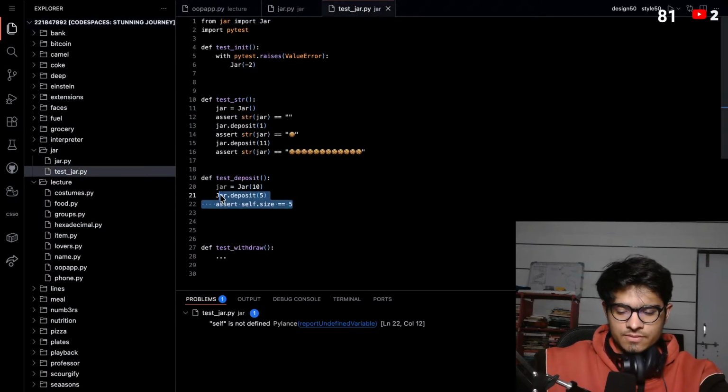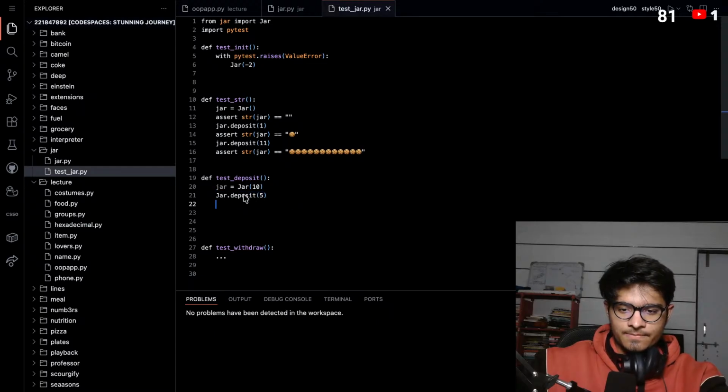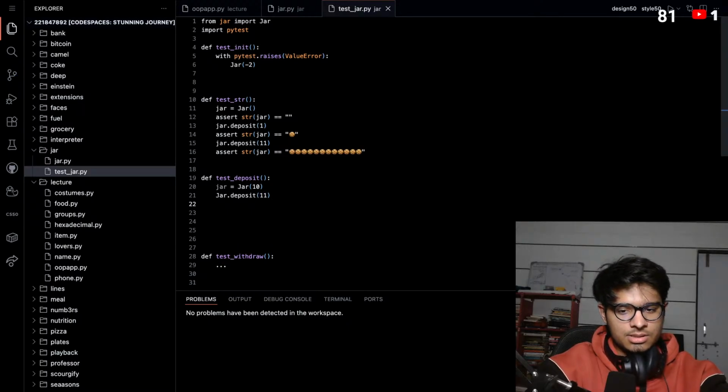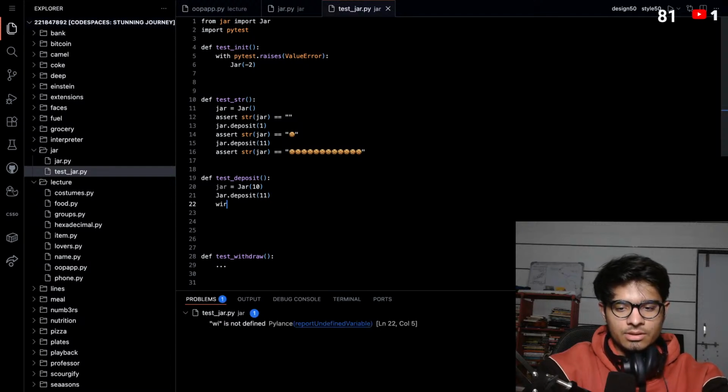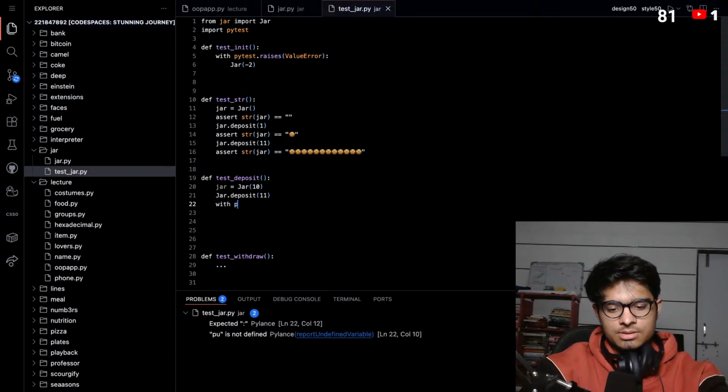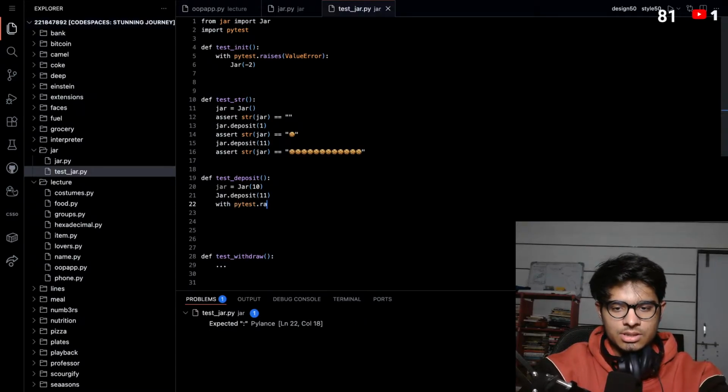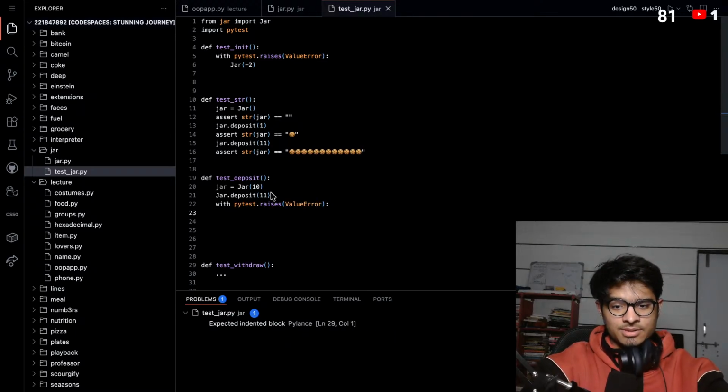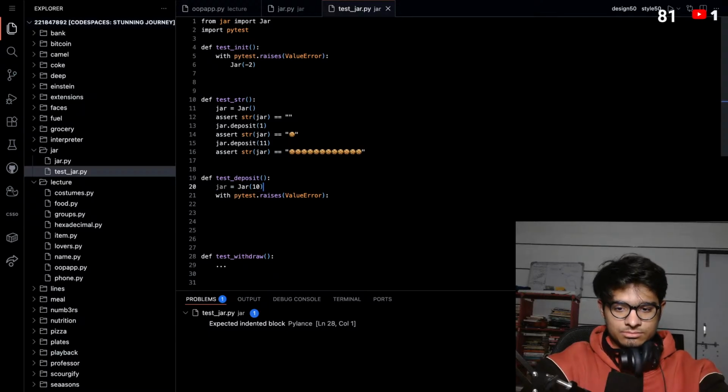Let's make one function where I check for value error, and capacity is 10 and I insert 11 cookies, then it will raise value error by pytest.raises ValueError. If I see that,